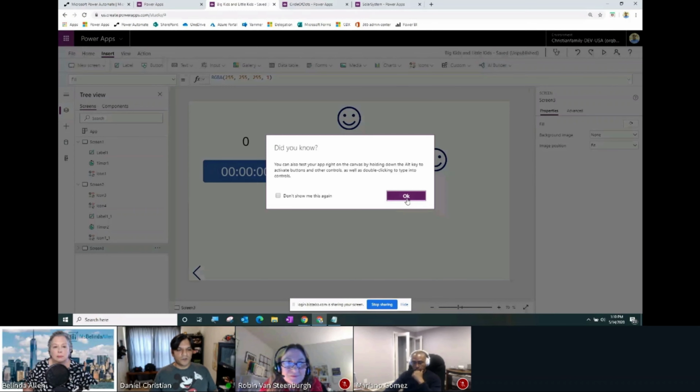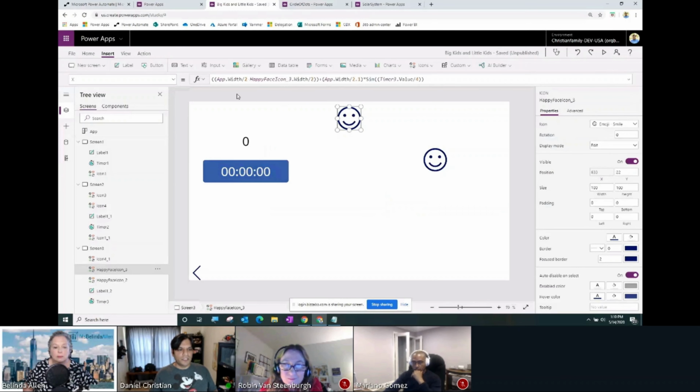So taking a quick recap over here, as you can see, I've gone ahead and actually factored in the width of the app over here. And as you know, we have that built-in formula available for Power Apps to take the width of the app and make your app a little bit more dynamic. So I thought I'd take it to the next level for the emoji over there: take the width, put in the timer function over there, and then I was able to make it slow because I